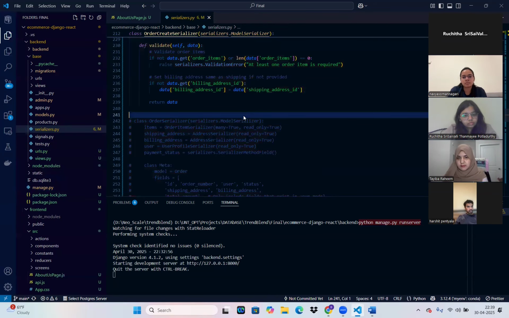Thank you. Coming to the file serializers.py. Serializers transform complex database models into JSON data. The frontend can consume it, validate incoming data during form submission, and ensure proper formatting when sending responses back to the client applications. And coming to the models.py file,